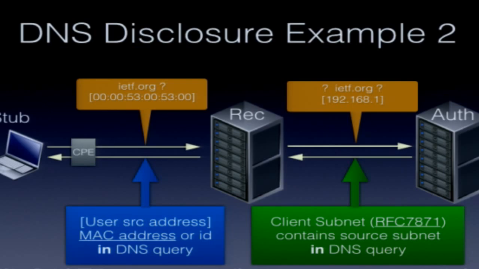In a very similar manner, the way the client subnet worked was that there was an implementation in the recursive that said, well, we know who sent us this query, pick up their subnet and send that up to the authoritative so it can figure out their geolocation. But again, this is leaking information to anybody passively monitoring that link up to the authoritative, again creating correlations within the data with the activity of users or groups of users.